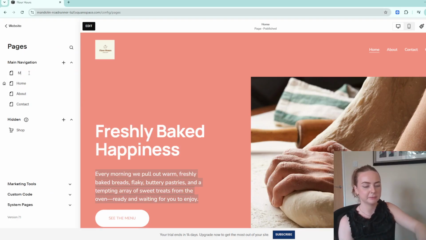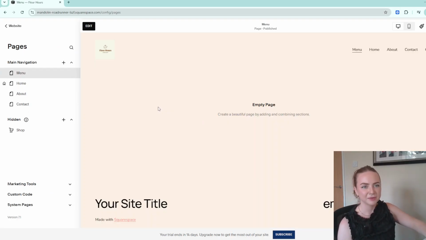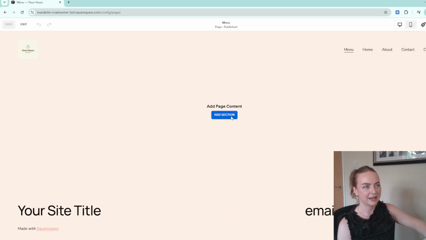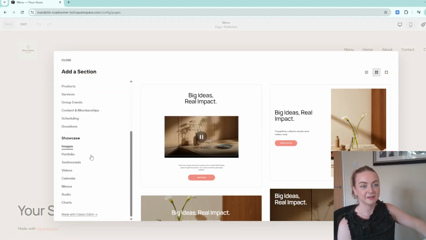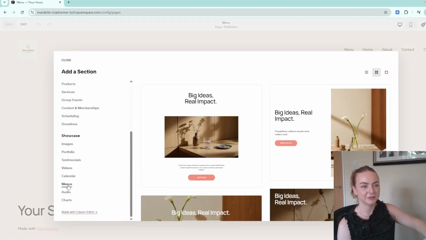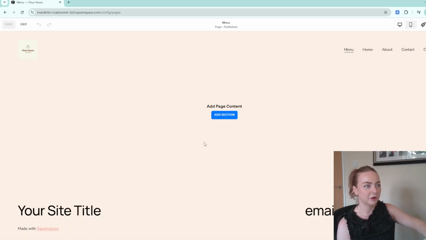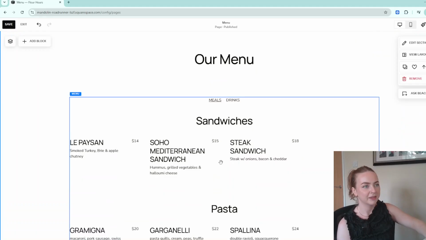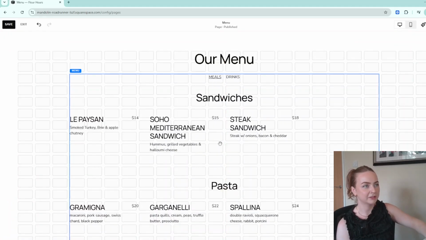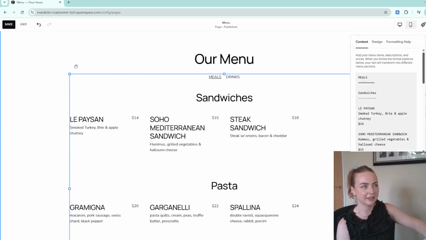Now I'm going to title this page Menu. Once I've got my empty page, I'm going to click Edit and Add Section. And Squarespace does actually have a menu section that we can add. So we've got a selection of different ones to choose from depending on your menu size. This one should work for me. And that's done. So I can drag this around, I can edit it here and change the menu options and